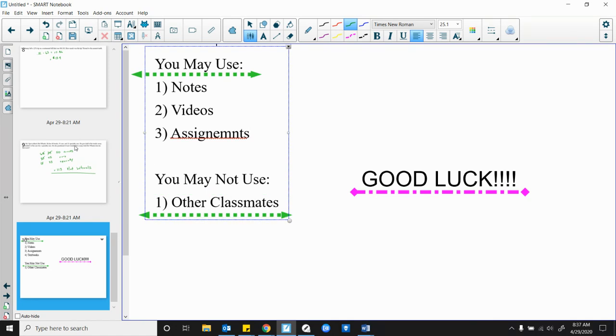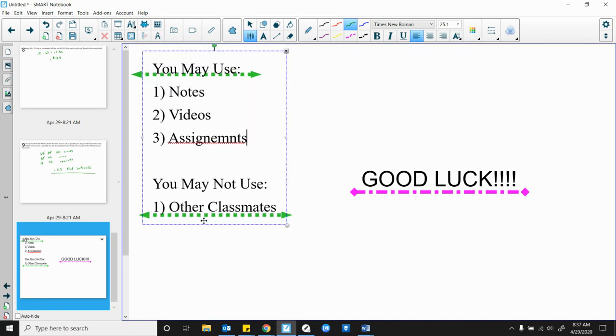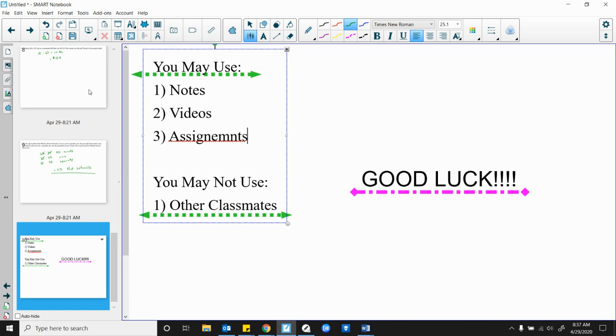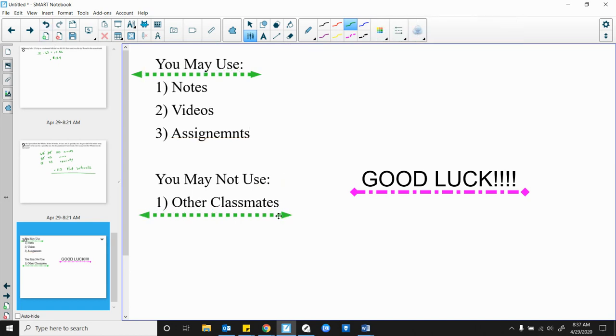The only thing that I don't want you to use, and again, I know that there's people out there that are like, oh, Mr. Spot, how are you going to know? I'm not going to know. But I am hoping that you have a little bit of respect, do it without asking other classmates,